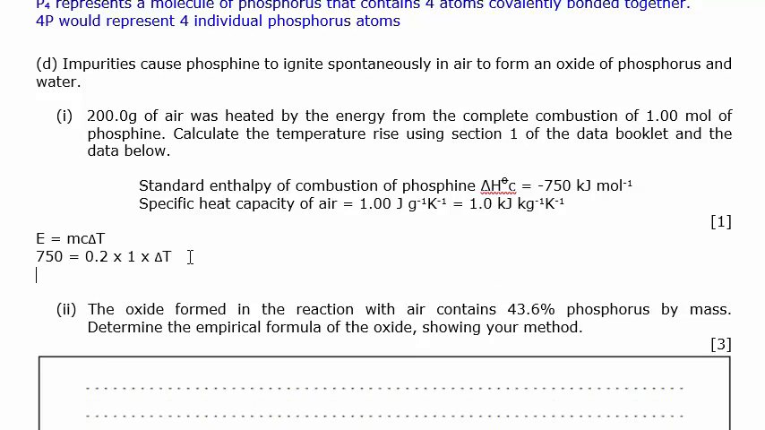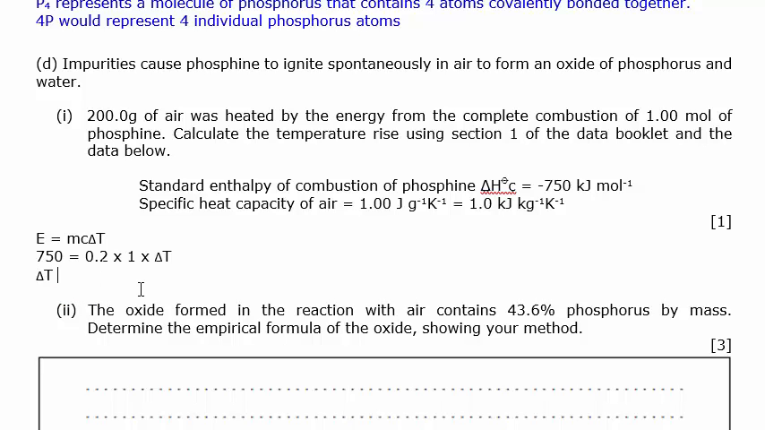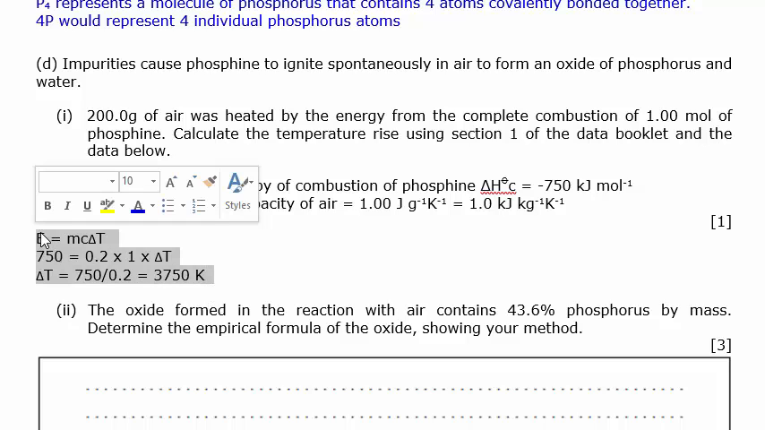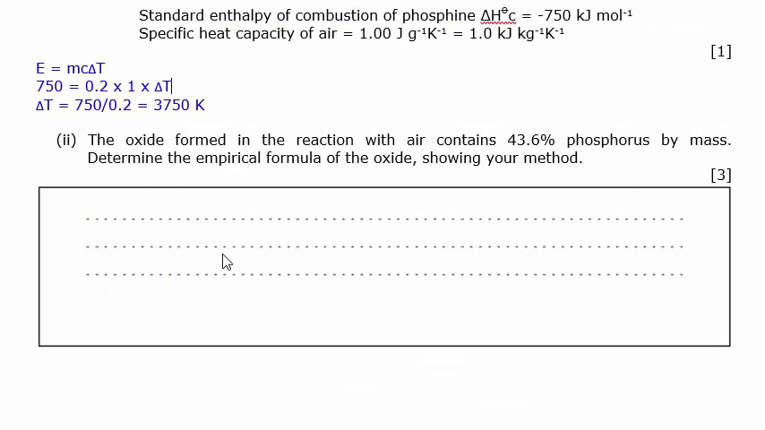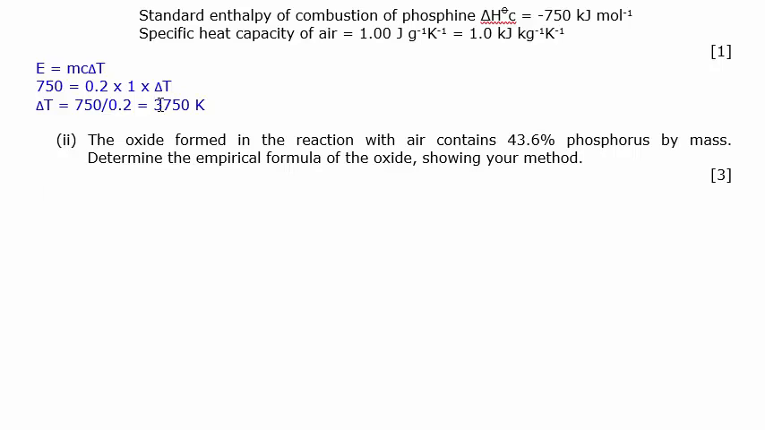So we rearrange this equation and we get ΔT equals 750 divided by 0.2, and that equals 3,750. The temperature increases by 3,750 Kelvin, or degrees Celsius. It's an increase. The oxide, that's a phosphorus oxide,